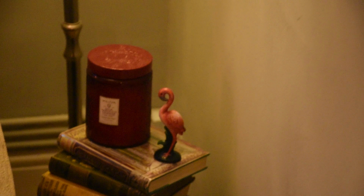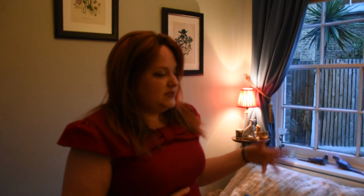There's also another Nancy Mitford book in that corner, which is Don't Tell Alfred, which the cover is made and decorated by Cecil Beaton. And then just hiding around the corner are some butterflies and a monkey. And then this planter here is a faux Victorian planter that I lusted after and was in my friend's sitting room,